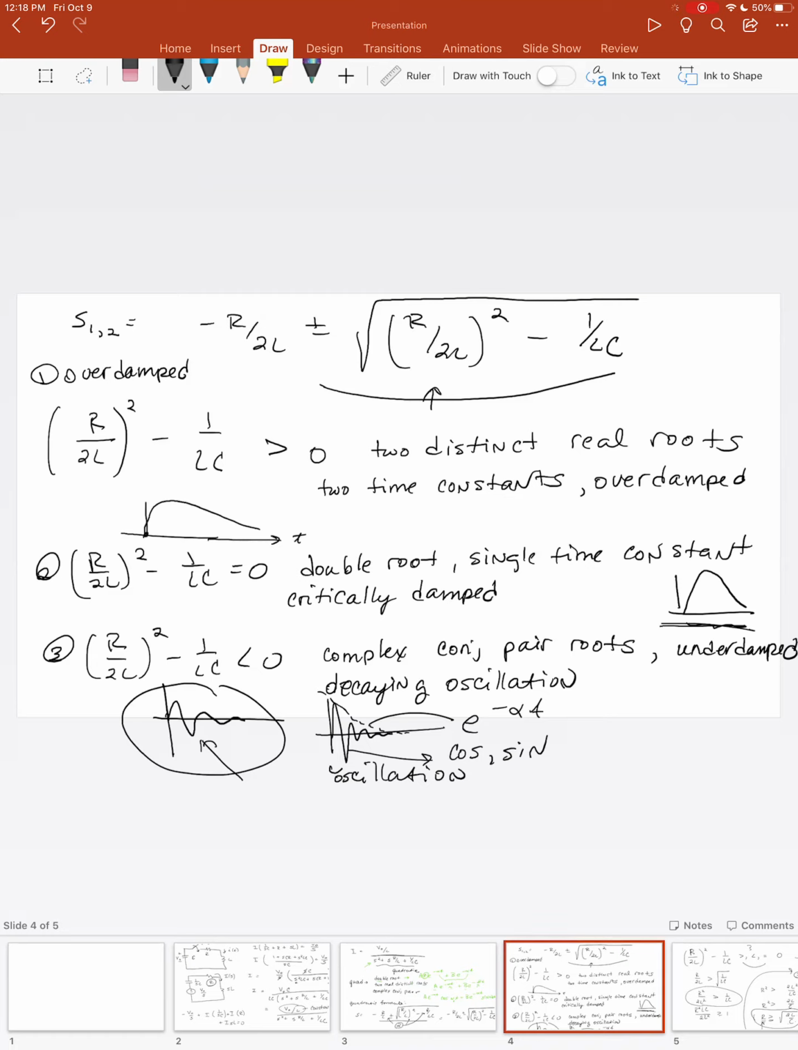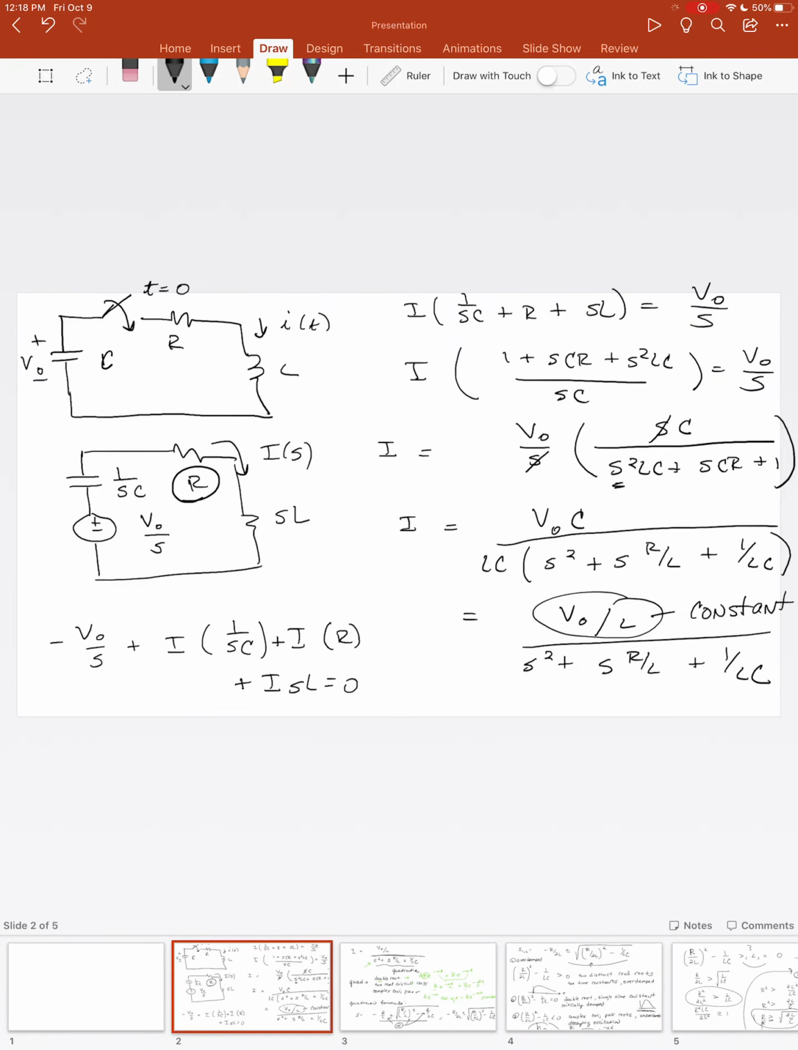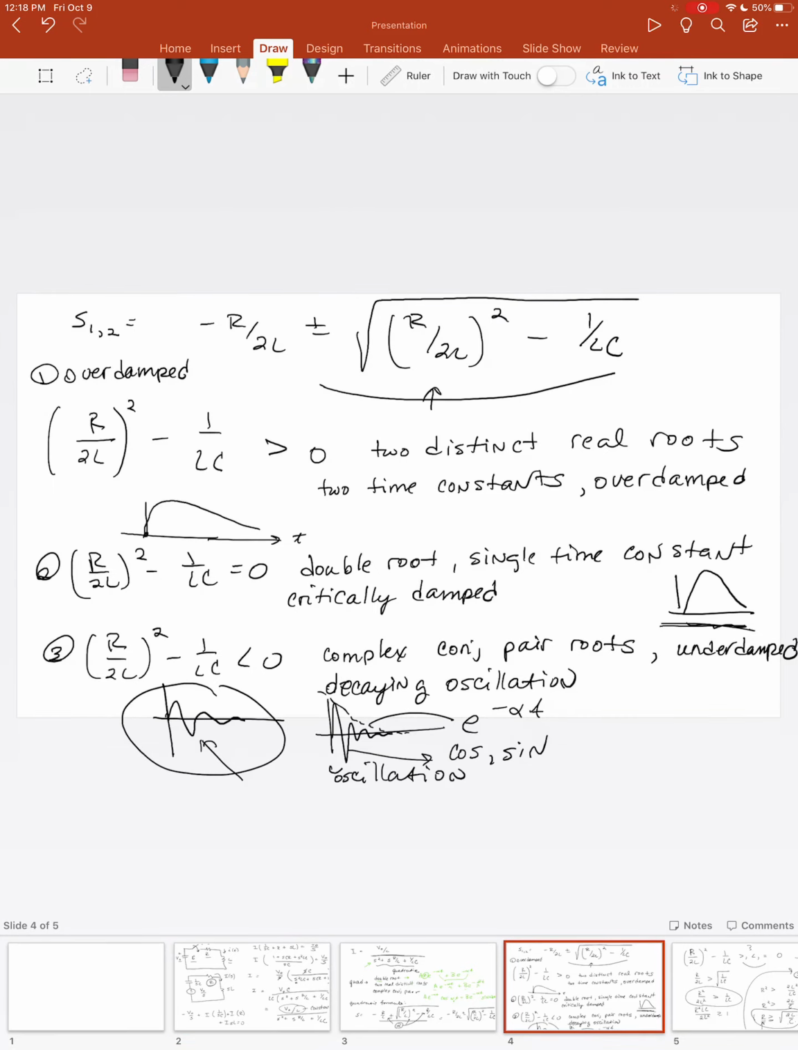All right, so you can actually determine, given an RLC circuit, from the values of R, L, and C, whether it is underdamped, overdamped, or critically damped. And you can do that with these criteria. So this is going to be an important thing in this